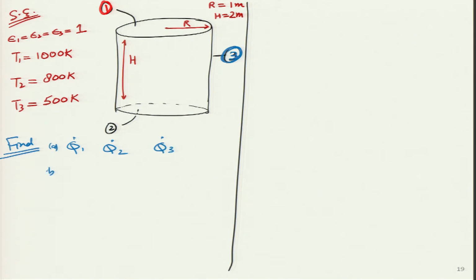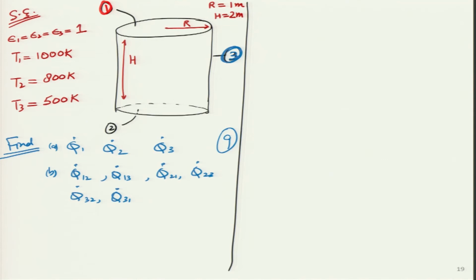This is the first part. Second part, q dot 1 2, q dot 1 3, q dot 2 1, q dot 2 3, q dot 3 2, q dot 3 1. So, how many are there? 9 variables I need to find, but students do not need to worry because very soon we will reduce them to 3 or 4 or 5, because many of them will be just pluses and minuses of one another. So, do not worry for now, just keep a little patience and see how we solve this particular problem.